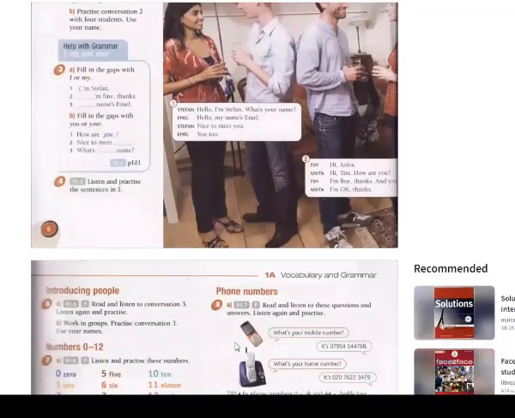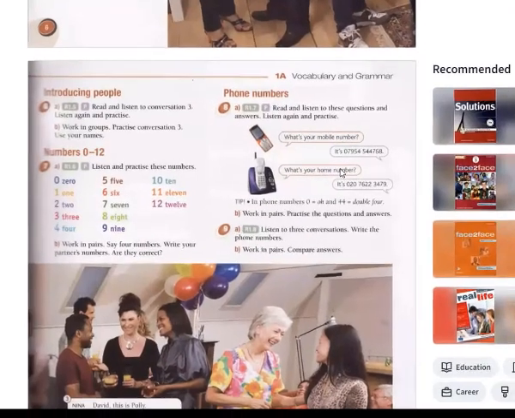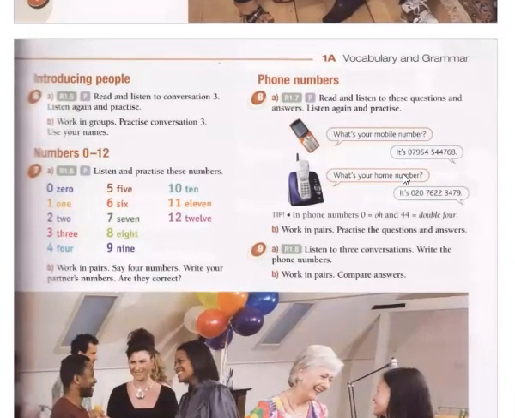Okay, so to recap what we studied in this lesson today, we learned how to say names by saying I am and then my name, or my name is and then my name. Also, we learned how to ask for somebody's name by saying what's her name. Okay, we learned